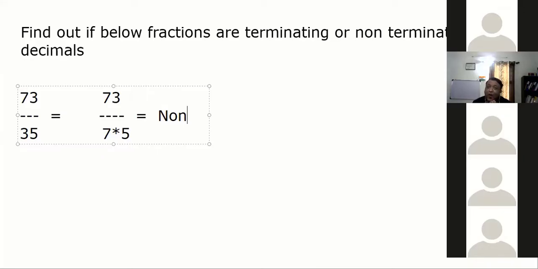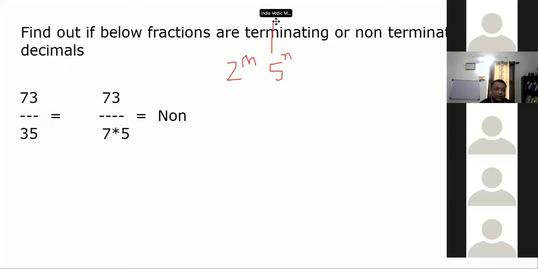The denominator has to be of the form 2 का पावर हो सिर्फ, या सिर्फ 5 का हो, या 2 और 5 का हो बस. Nothing extra. That's why I wrote the point 2 to the power n, 5 to the power n. If your denominator is in this form, then it is terminating.